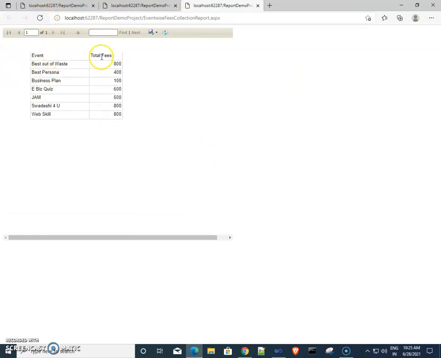You need to give a proper name to this report. Give some attractive design to this report, like for the heading, event and total fees, this is the header, so you need to give some extra design styles to differentiate between content and header.